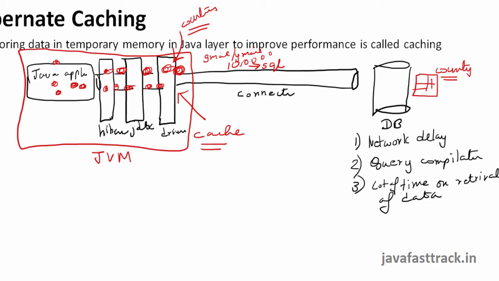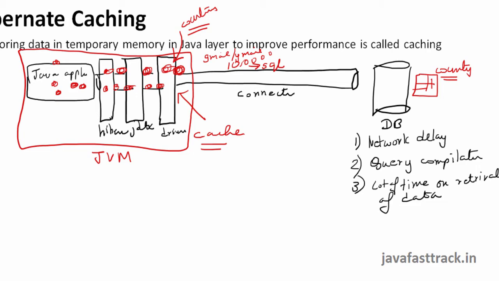With that, we can reduce the number of database hits. It improves the performance because you don't have to go to the external software to retrieve data. Not only does it improve performance, it also reduces the database load. A database is a limited resource, with its own limitations on bandwidth, etc. So we do not have to keep sending queries to the database. You can temporarily cache the data once it is retrieved from the database. This is what we call caching.